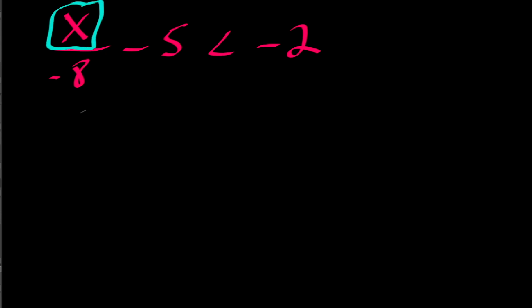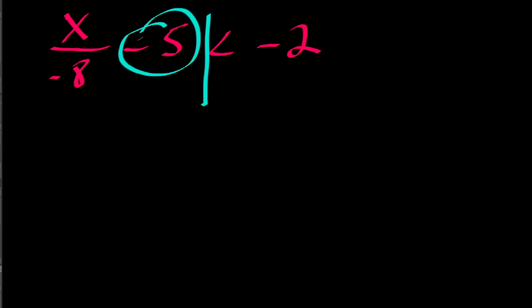Actually, let's find one where we're going to flip the inequality. So let's do this one. Let's say x over -8 minus 5 less than -2. Okay, so once again, our goal is to get x by itself. So we want to isolate x. It's already on the left side, so let's see if we can get rid of this -5 and this